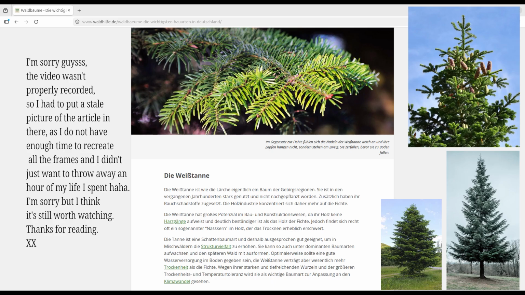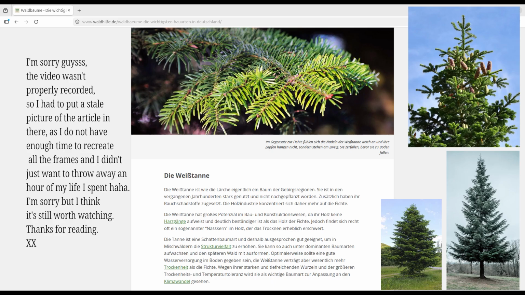The silver fir has großes, big, Potenzial, potential, in the Bau, which means construction or building something, like as a verb, and Konstruktions, Bau und Konstruktion. In English you would probably in both cases say construction, maybe rather carpentry, but it's kind of the same. Wesen,